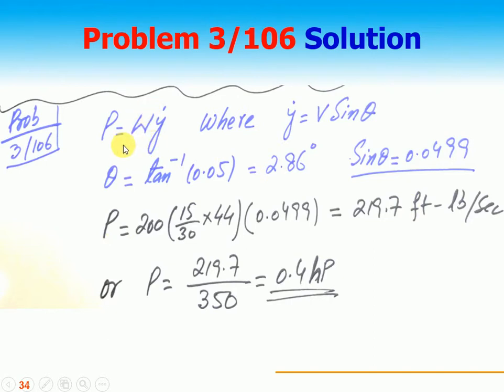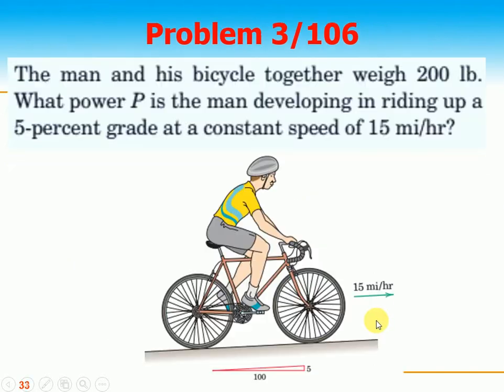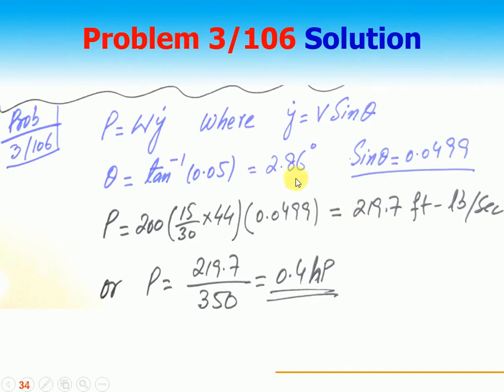Power is force times velocity. Velocity is v sine of theta. If it is moving in a straight line, of course the velocity v will be taken, but there is a slight slope of 5 by 100, so I find the value of theta. So power is equal to the weight, right, and then there is a velocity. Velocity is